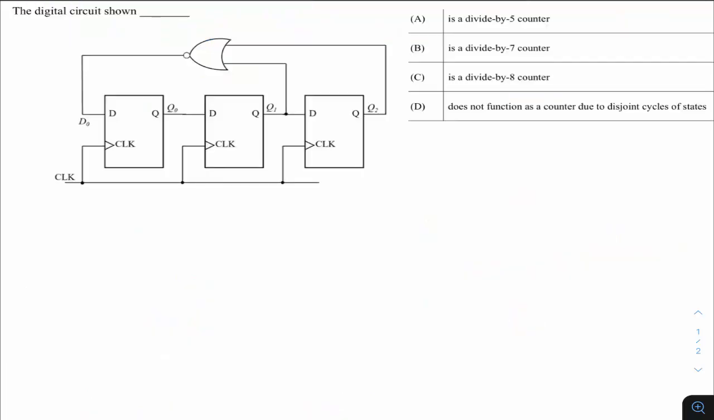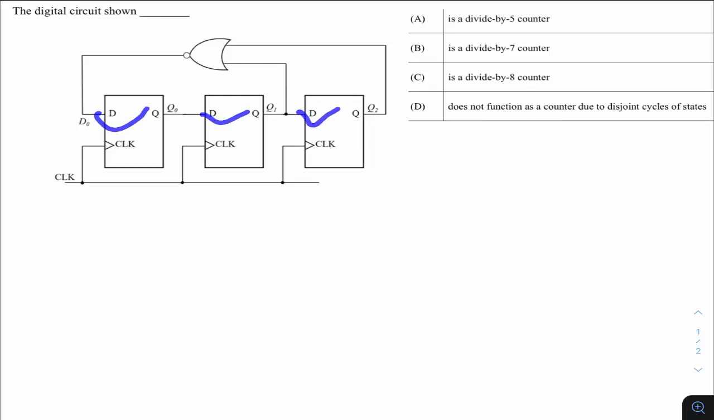This question was asked in GATE 2022 Instrumentation. This is from digital subjects and from the sequencer circuit topic. The question is, the digital circuit shown is... Options: is it a divide by 5 counter, a divide by 7 counter, a divide by 8 counter, or does not function as a counter due to disjoint cycles of states. So basically, if you see, in this case we have the D flip-flops,